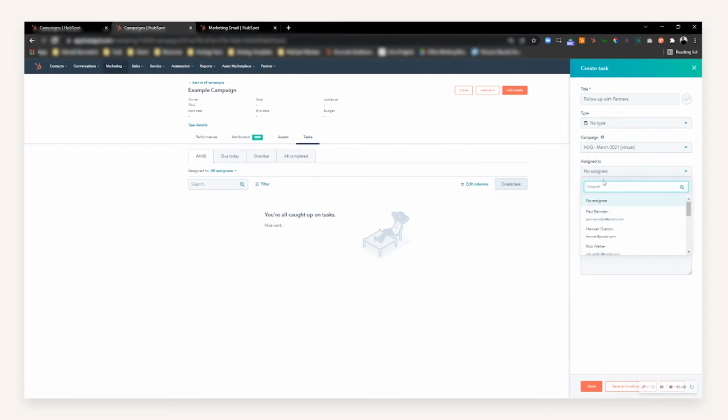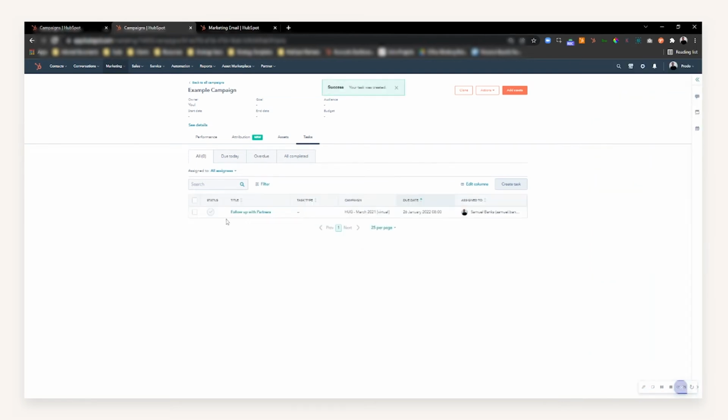And I could either assign that to a marketing team member, or I could associate it to a sales team member, and it would actually get assigned into their HubSpot tasks. I can set a due date, a due time, and put in a retrospective brief as well. Once that's been created and you wish to save it, you will see that from this campaign, all the tasks that are related to it, as well as the ones that are still open, what is due today,